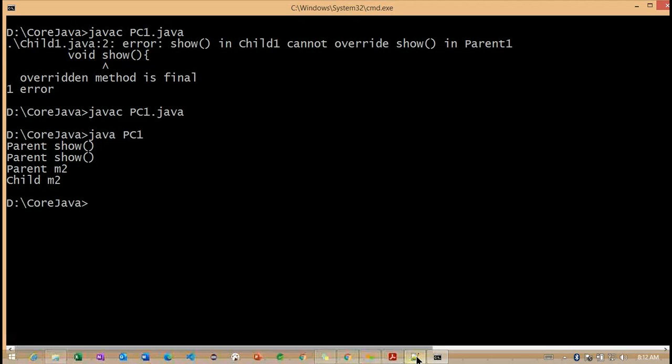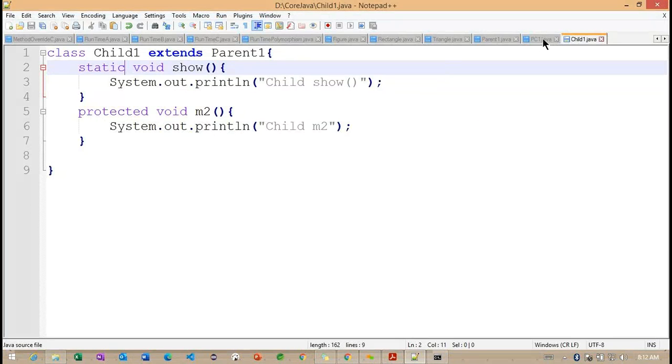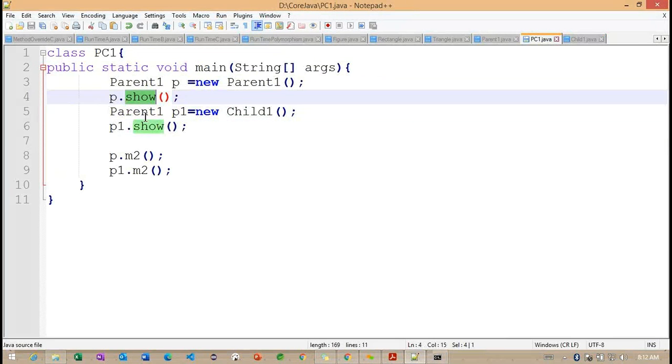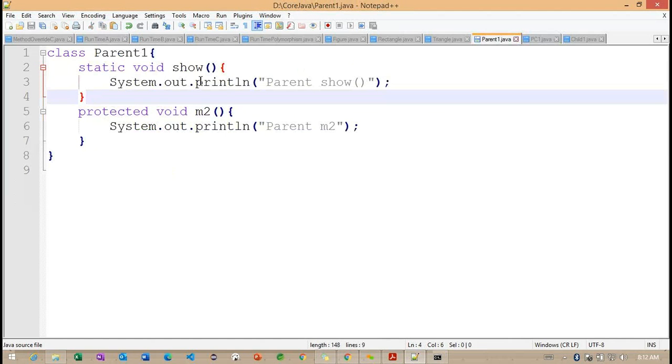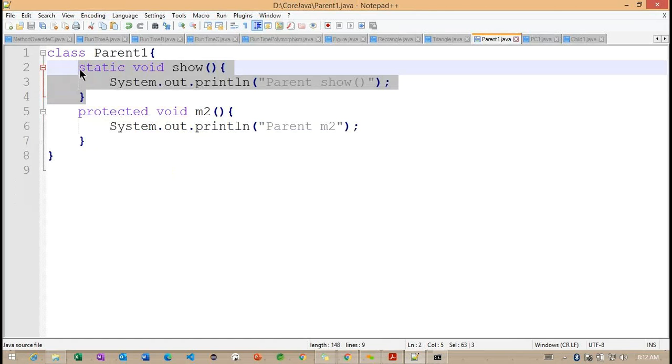Getting the point. Now you can see the show method, p dot show and p1 dot show. So why are these two calling this particular method here? Why are p and p1 calling the parent show method here? Any idea?